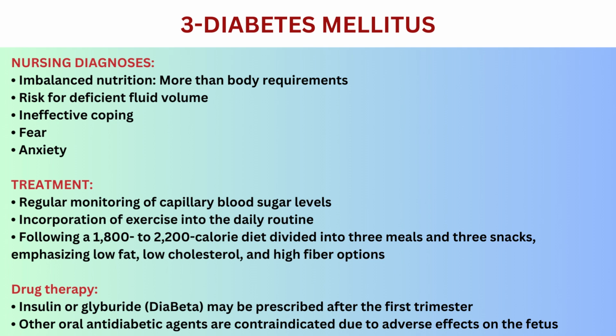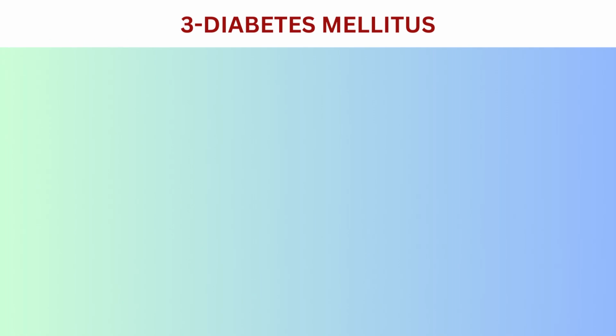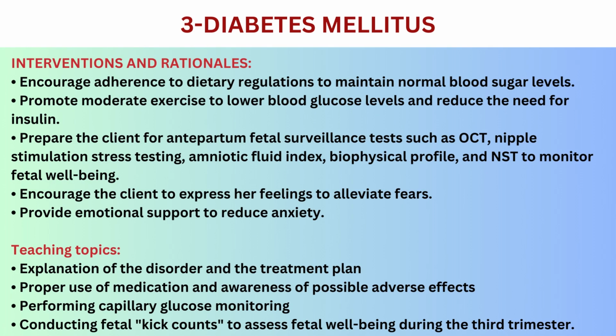Insulin or glyburide (Diabeta) may be prescribed after the first trimester. Other oral antidiabetic agents are contraindicated due to adverse effects on the fetus. The interventions and rationales: encourage adherence to dietary regulation to maintain normal blood sugar level, promote moderate exercise to lower